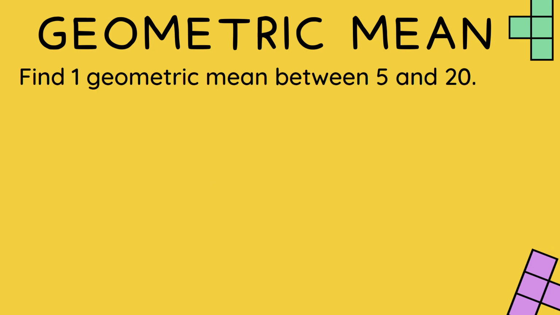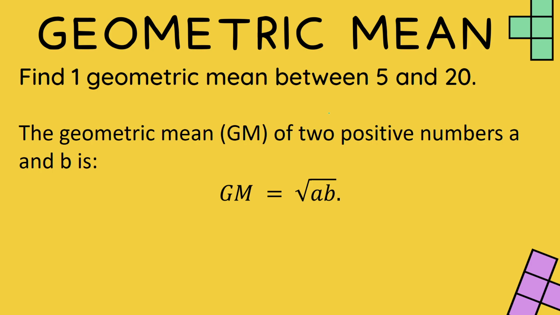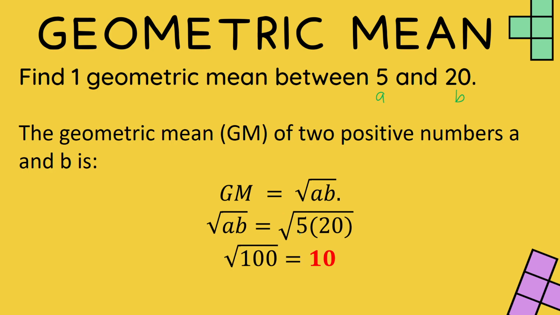Moving forward, there is a shortcut for this one. So we could use the same item. The shortcut would be very plain and simple. Right? Geometric mean of two positive numbers, a and b, so gm is equal to the square root of a times b. So we simply substitute this. This would become a. This would become b. So 5 times 20, that is 100, and the square root of 100 is 10.